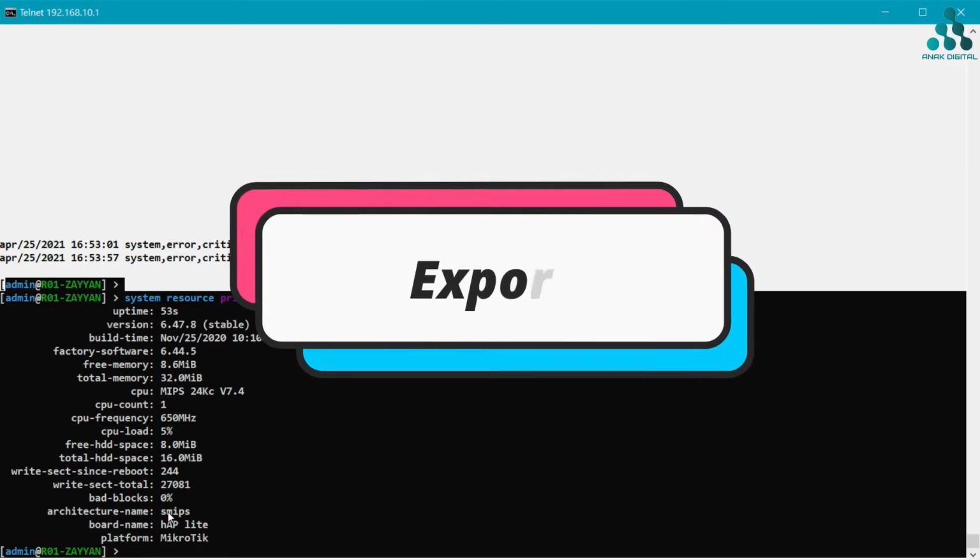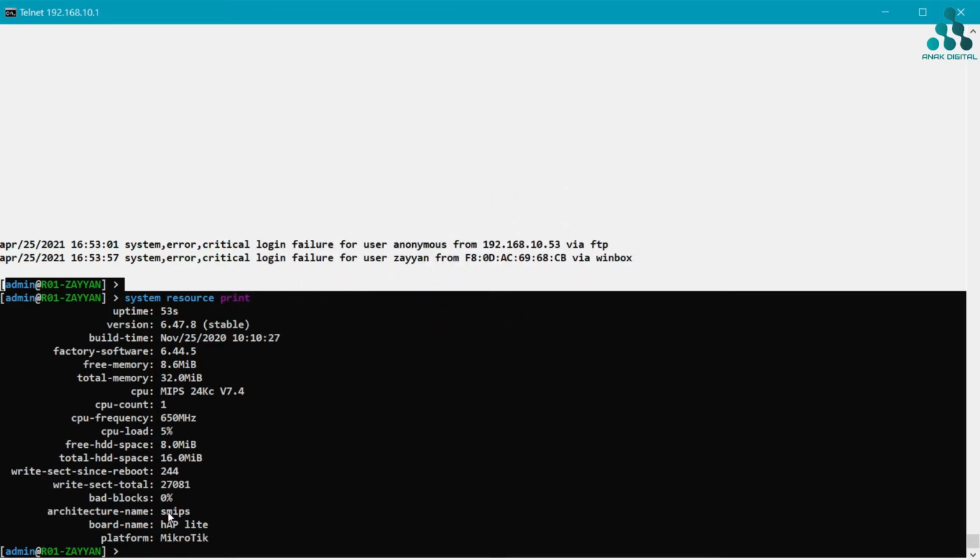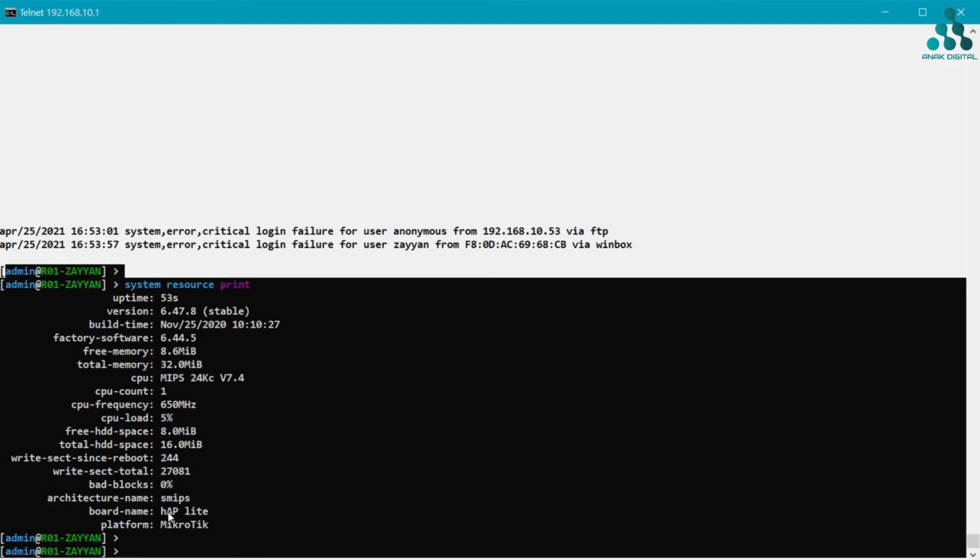And next is I wanna export this router. Okay, for the export you can type the command export file Zayan export like this, and then click enter.